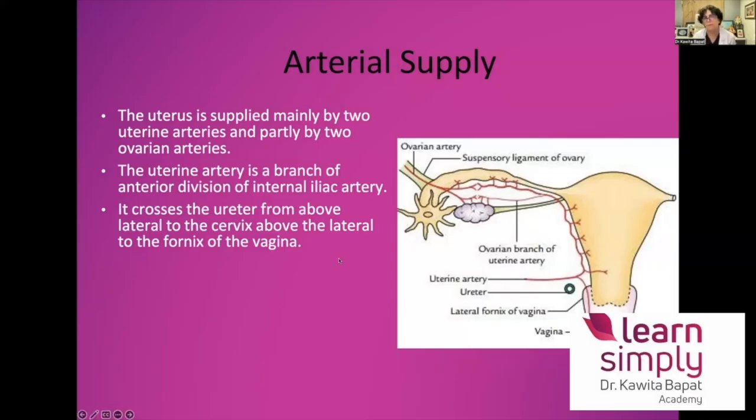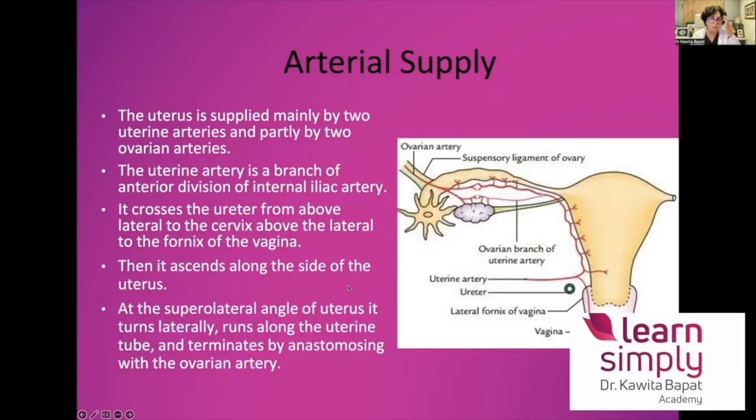So it's very, very important. It comes like this. It crosses the ureter. It goes up to this and then enters the uterus. It ascends along the side of the uterus and goes inside. At the supralateral angle of the uterus it turns laterally, runs along the uterine tube, and terminates by anastomosing